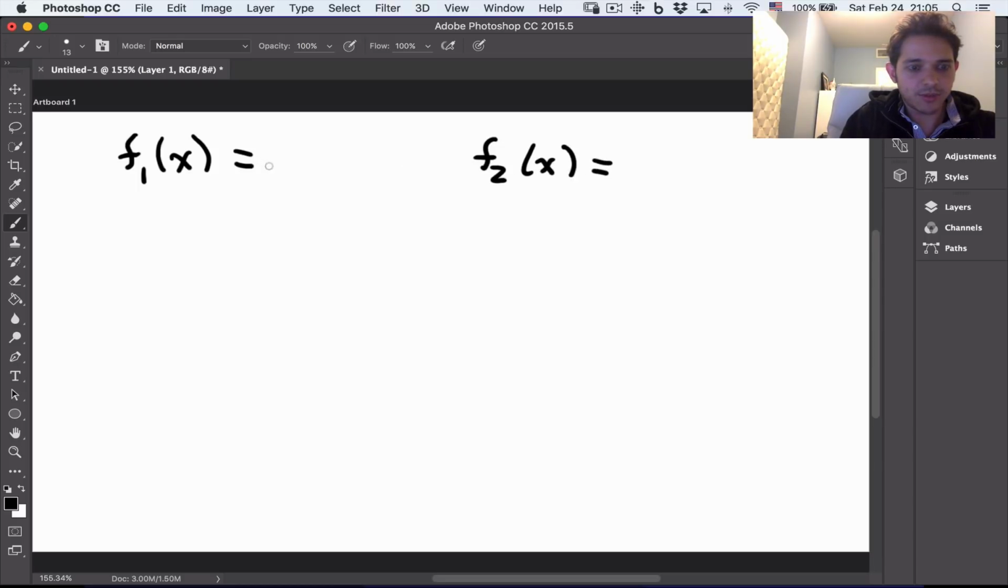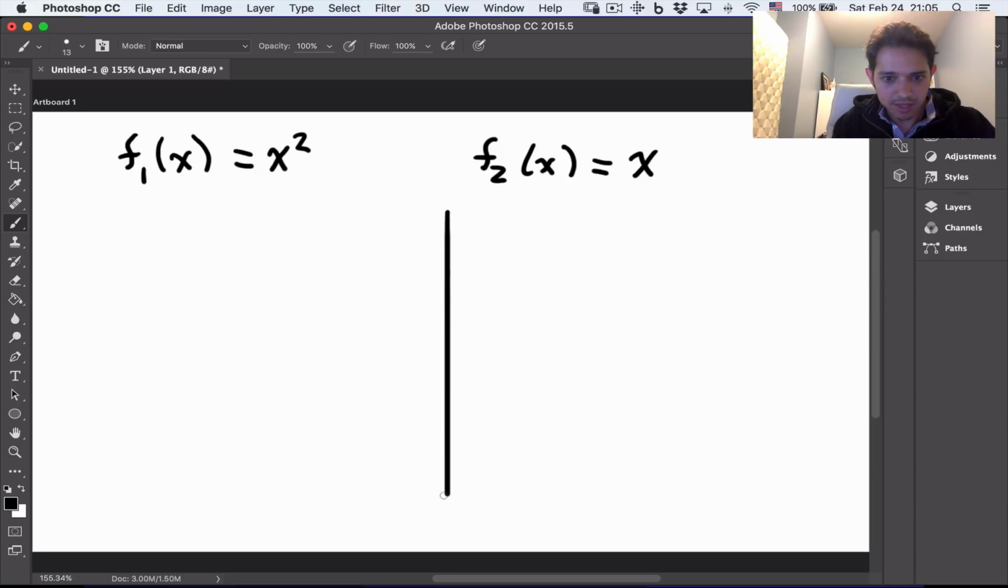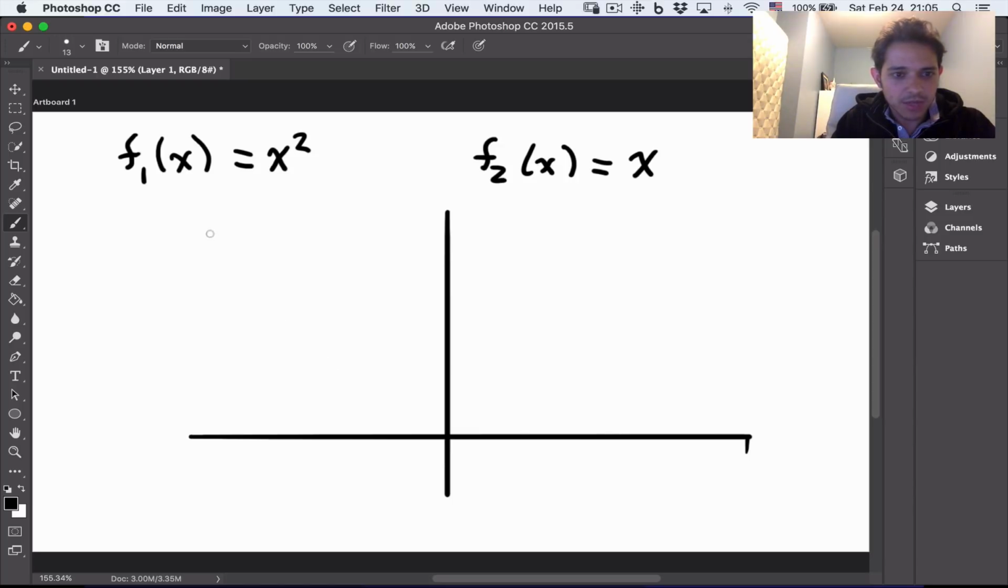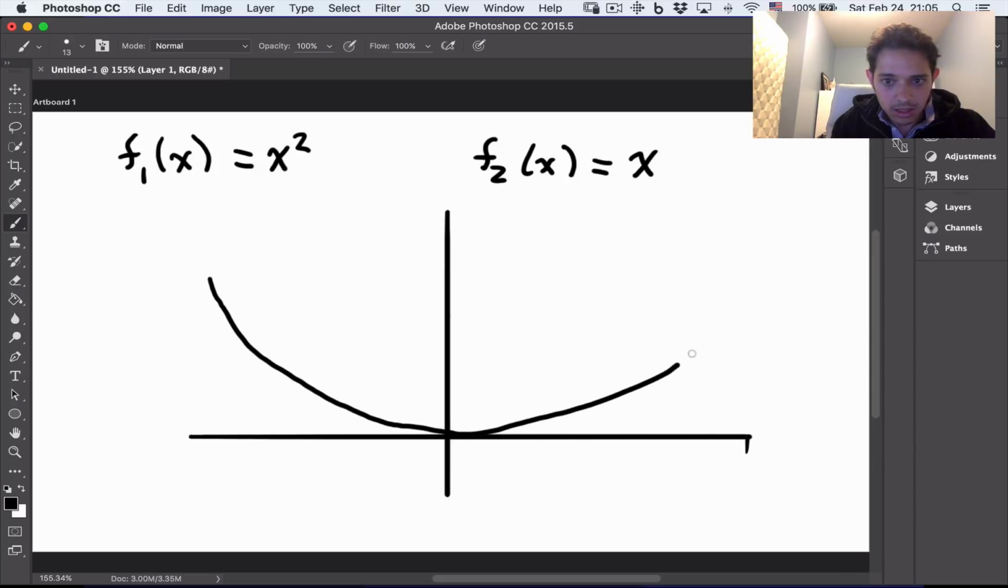And let's use for f1, let's use x squared, and for f2, let's just use x. So now, if I draw some axes here, do my best to draw them straight. Okay, not bad. And now I'm going to draw f1 and f2. So f1 is going to be a quadratic, so it'll look something like this. Okay. And then f2